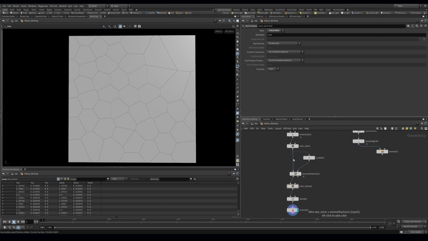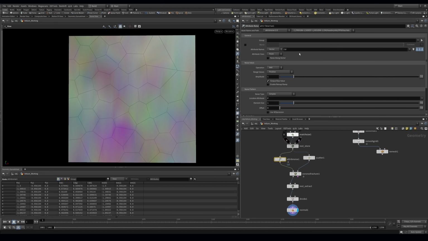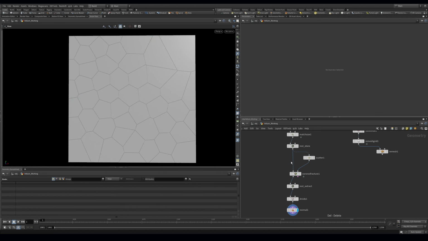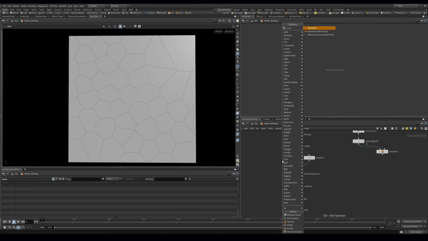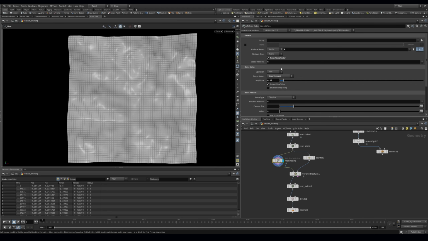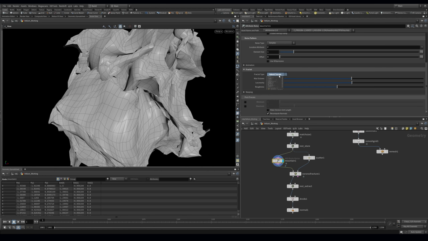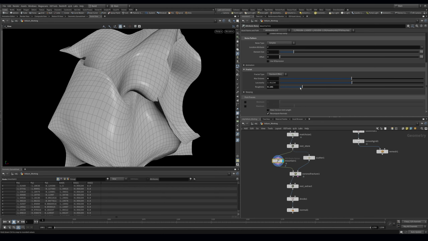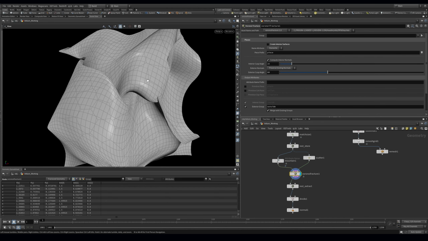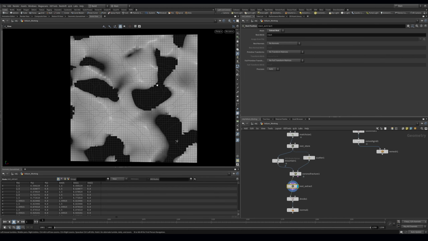And now if we do anything inside here, so let's start with an attribute noise. And actually we can just use a mountain. So if we have a look here, you can see that it starts, we don't want to move it along the vector. Okay, so something like this looks pretty good. I'm going to come in here and just change this to standard and like this. So now it's really warped it,